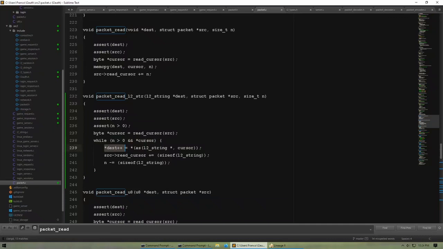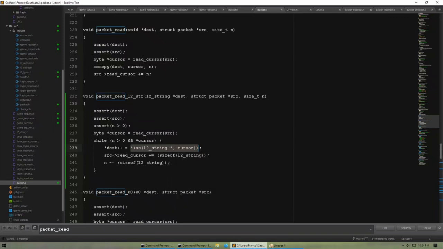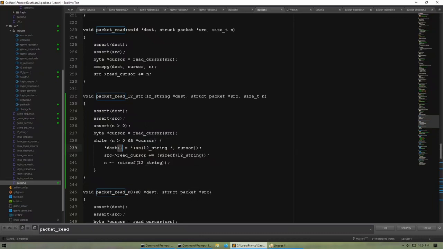We copy the character, cursor, okay, and then we advance in the destination buffer. And then we update the cursor,